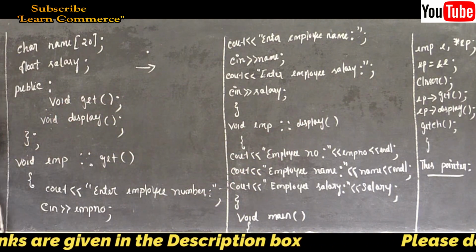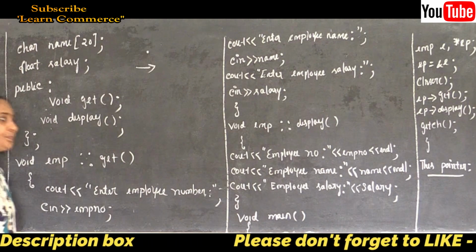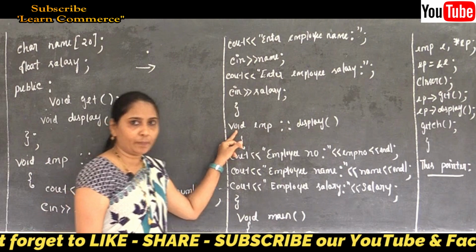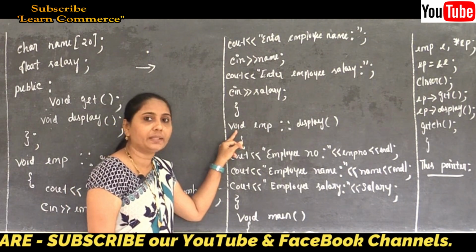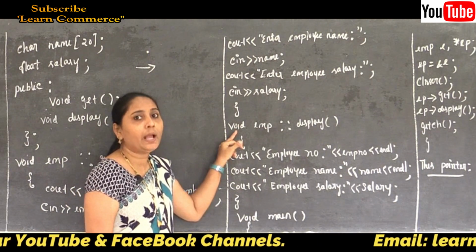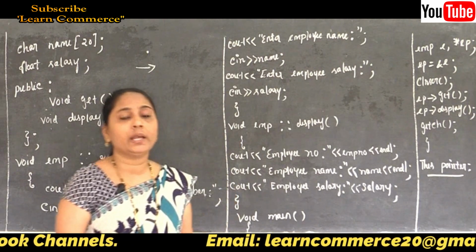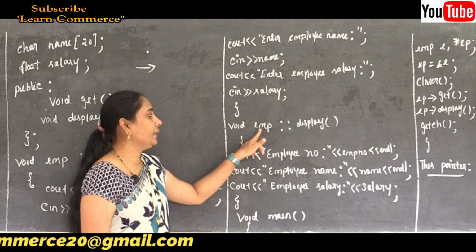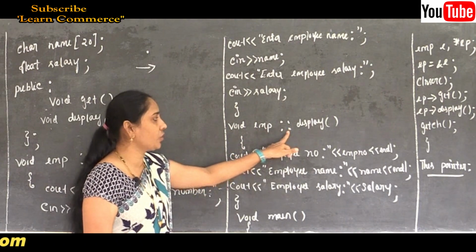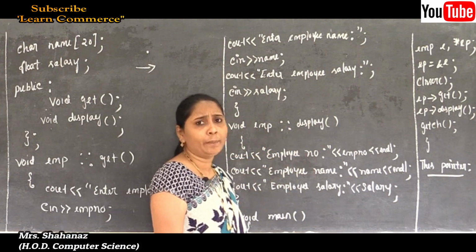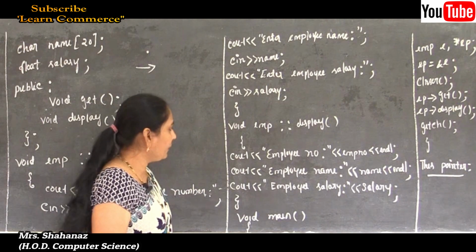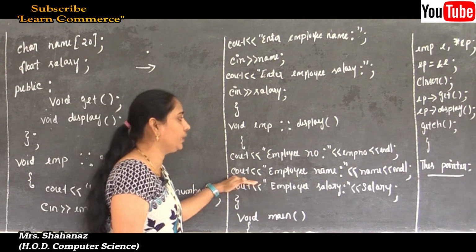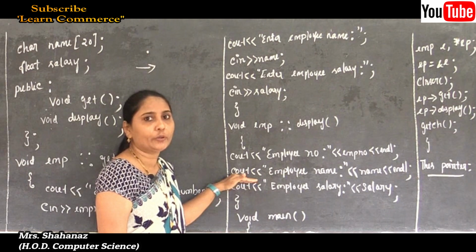Now such data is going to be displayed by using the next member function. The name of the member function is called display. So before using the display member function, we need to define it outside the class definition. We know the syntax: the data type and class name, scope resolution operator, member function, but no semicolon. Then opening the flower bracket, now the display member function is going to display all those